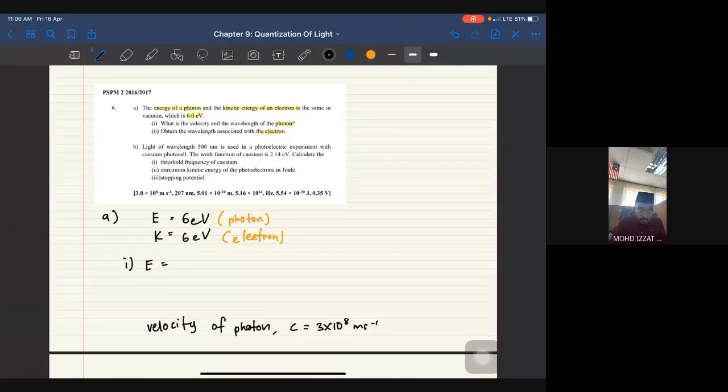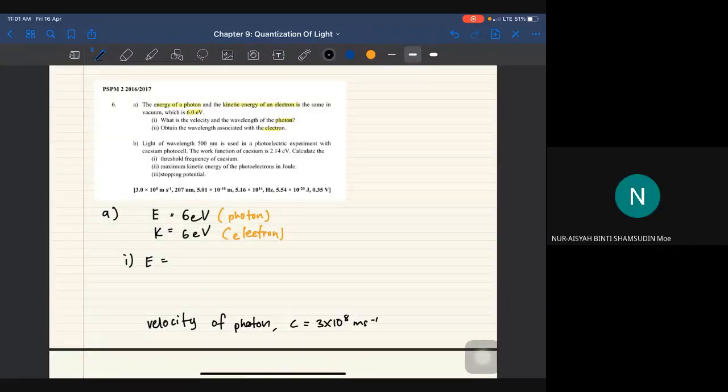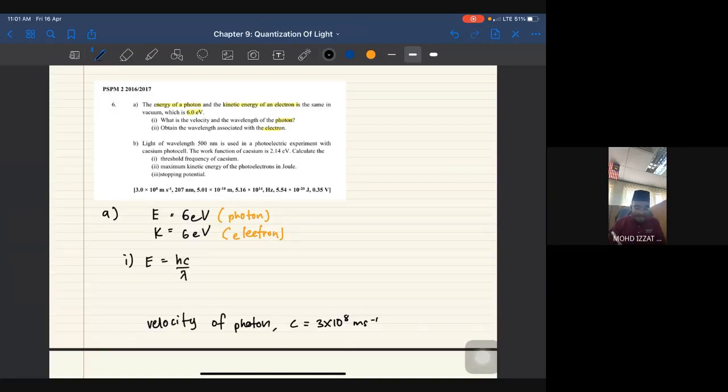Okay, now back to another question. Dia kata wavelength of the photon. So they want to relate E dengan lambda. So what is the relation between E and lambda? E sama dengan hc over lambda. So lambda we can write as hc over E. Okay, but make sure since we have h over there, you need to use everything in